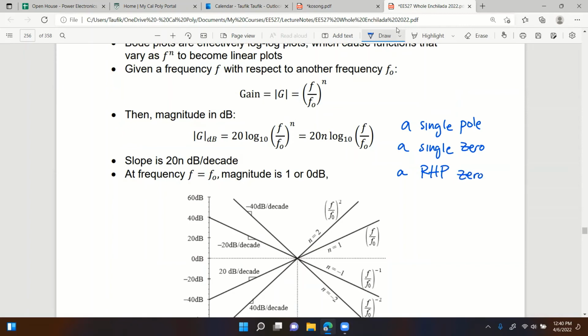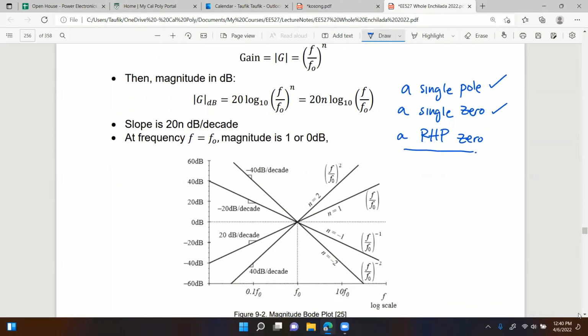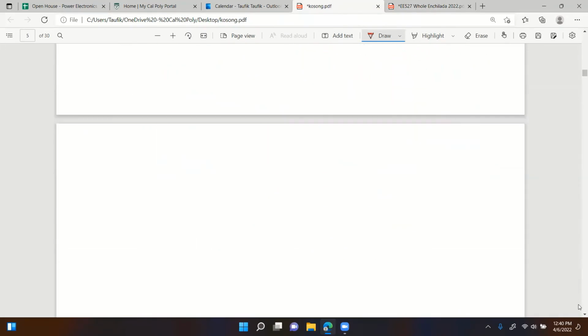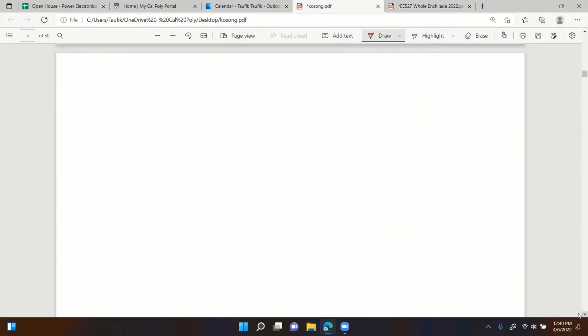Anybody heard about this before? Right half plane zero? Yes, no? You've heard about pole, right? Zero, but right half plane zero is a very interesting component in the Bode plots, right? Just briefly, and then we can adjourn. Briefly, if you have a pole, right,